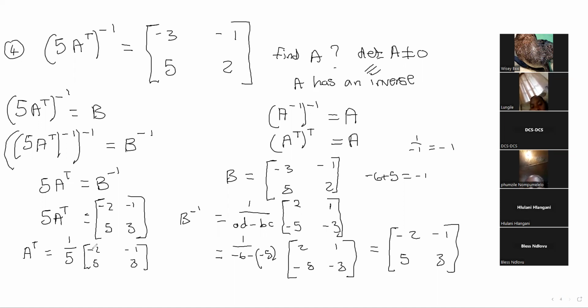And then now to find A, we can just take the transpose on both sides with this rule here. So we'll be left with A is equal to